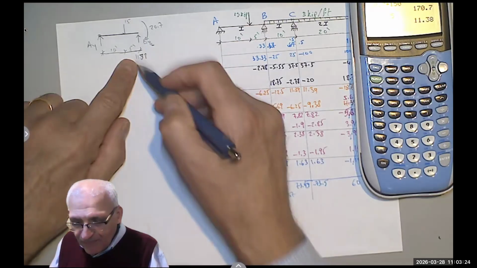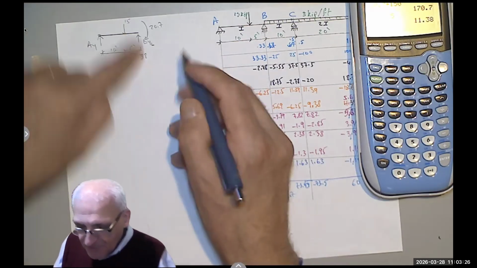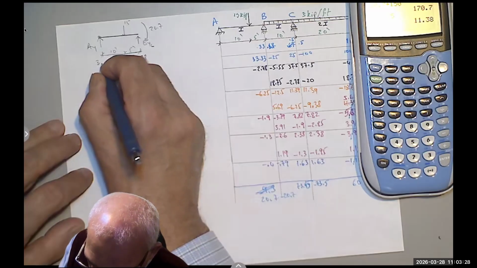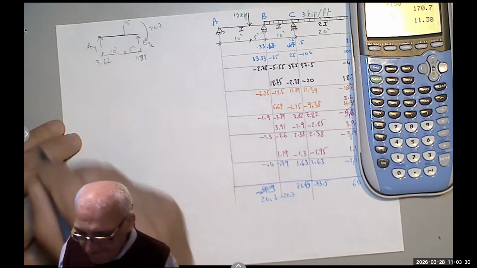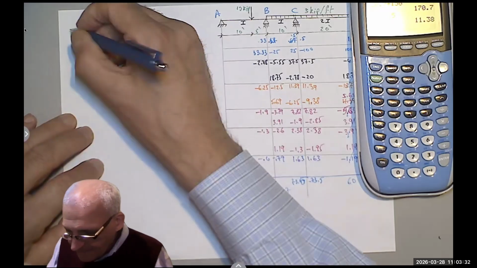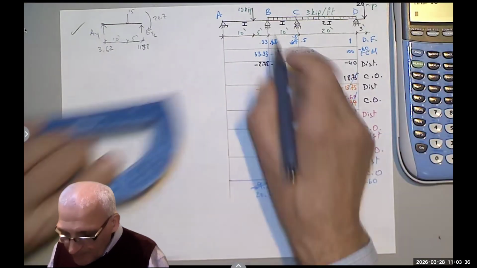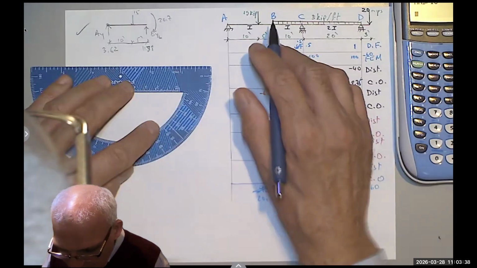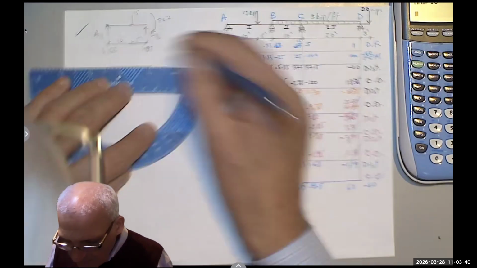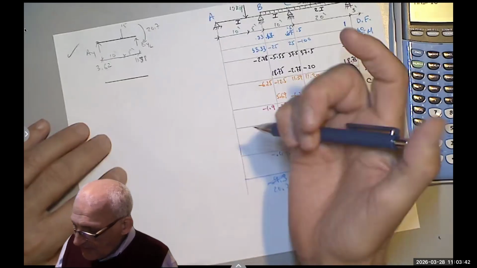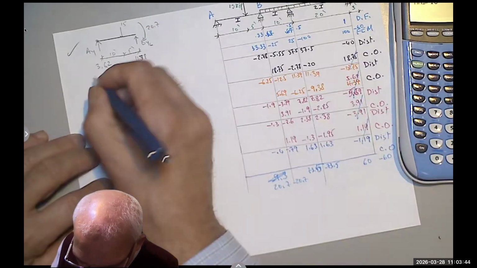Now, sum of the forces in the y equals 0. If I subtract that from that, I get 362, right? So that's AB. I already found that. Let's go to BC. Same thing. Notice the I or the two I don't matter here. So here is